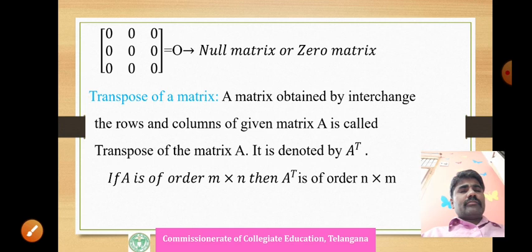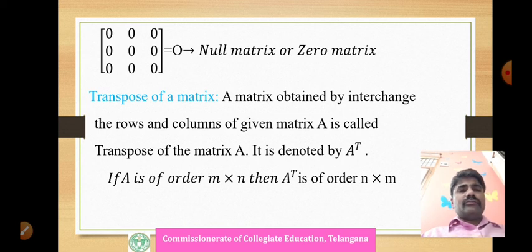Now let us take a zero matrix. The matrix which consists of all entries zeros is known as a zero matrix. This is the zero matrix of order 3, zero matrix of order 2, zero matrix of order 10. For any zero matrix, the elements must be zeros. All are zeros. Similarly, we can have a zero matrix of any order, 2 by 3, 3 by 4, 5 by 6, 7 by 8, 10 by 10, like that.